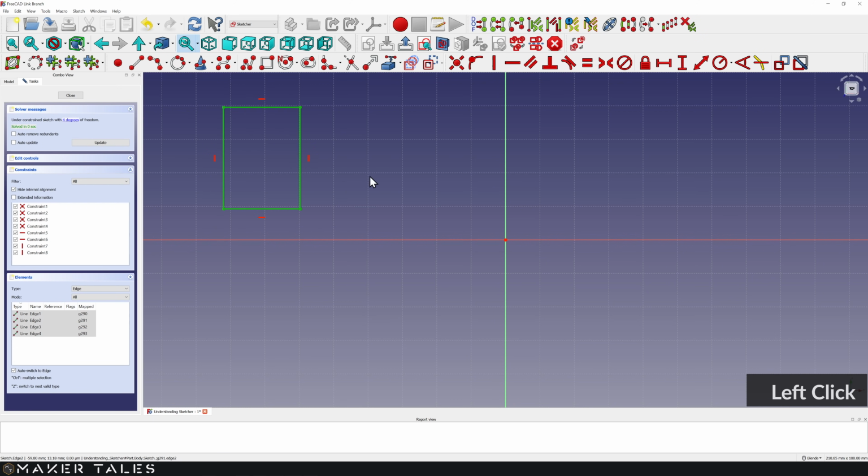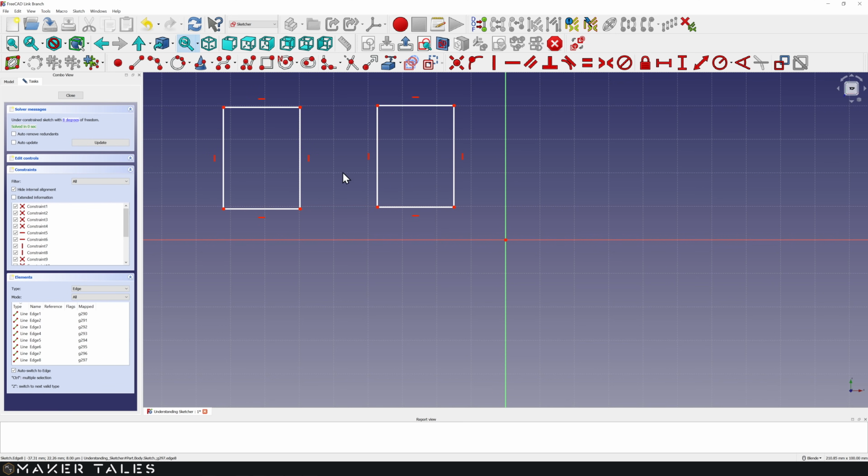I'll just select it. We'll go to the little drop down here and we'll hit copy. As you can see, like the Move tool, we have this line, and as you can expect, when I do a click, it's going to go ahead and copy that exact same sketch wherever we do that click. Now, Jonathan, surely a copy and a clone are the same thing, right? Yes, they are, but no at the same time.